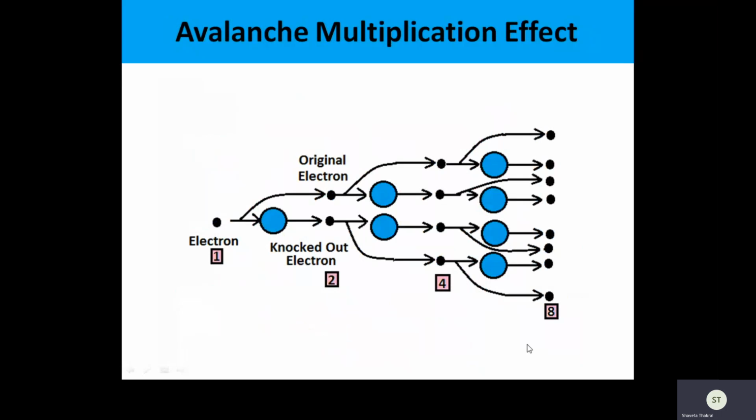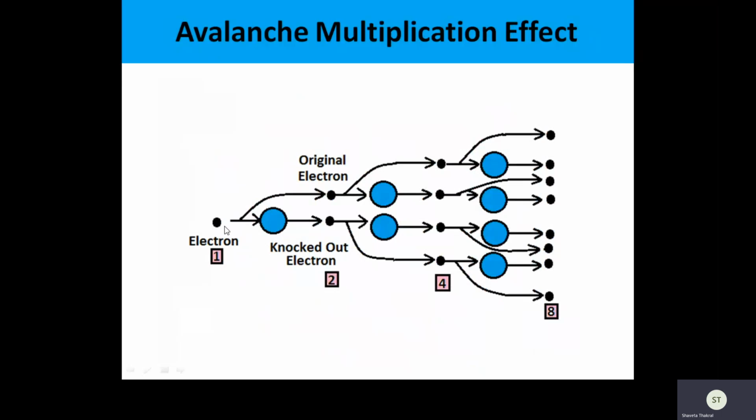So for this we have taken one example. Let's say we are applying a high reverse bias voltage, and because of this the kinetic energy of the electron gets high. Let's say one of the electrons we have taken as a case study is escalated with the high reverse bias voltage. So the electron coming with high velocity strikes, let's say, one of the atoms. So that is knocking out an electron from this particular atom.